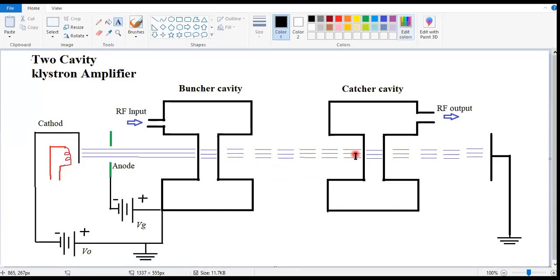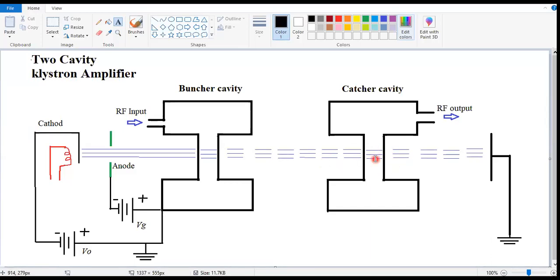So this can also be said to be current modulation. The maximum bunching should occur approximately midway between the second cavity grid during its retarding phase. Thus, the kinetic energy is transferred from the electrons to the field of the second cavity. Whatever your velocity modulation, it takes place maximum in this area. Then the electrons emerge from the second cavity.